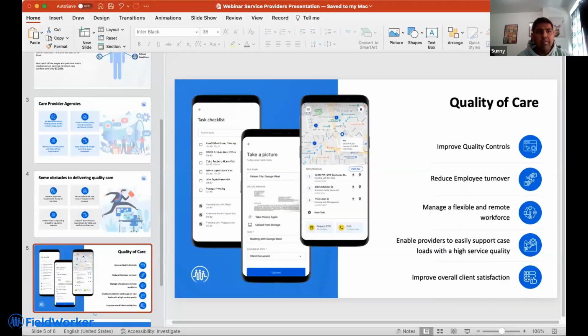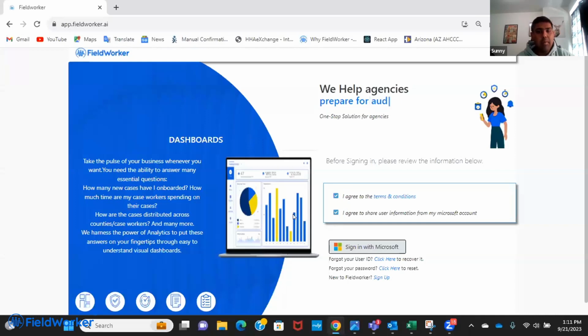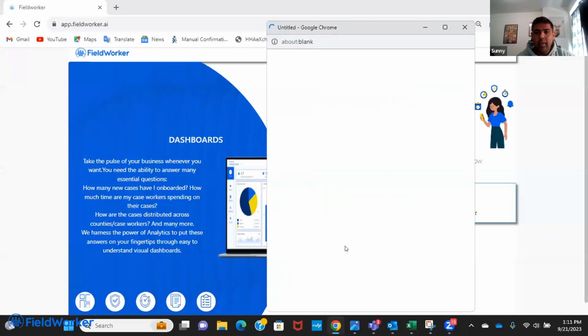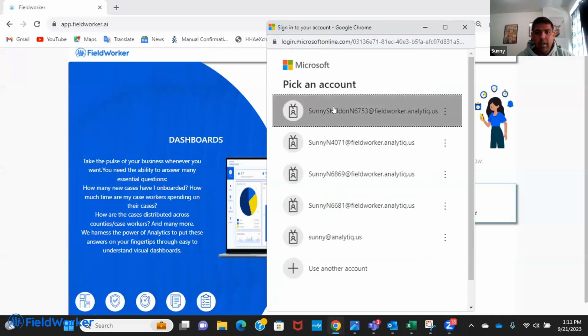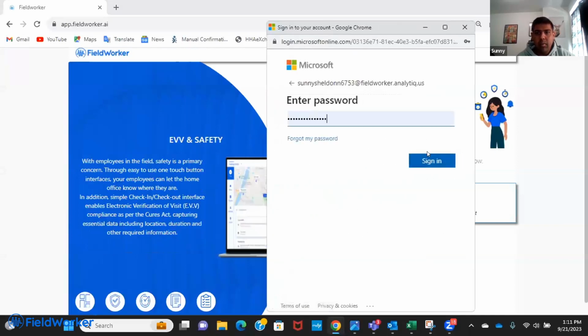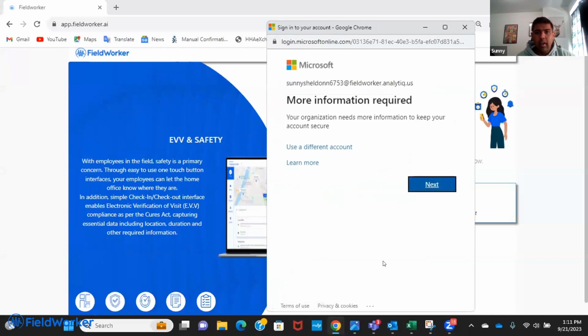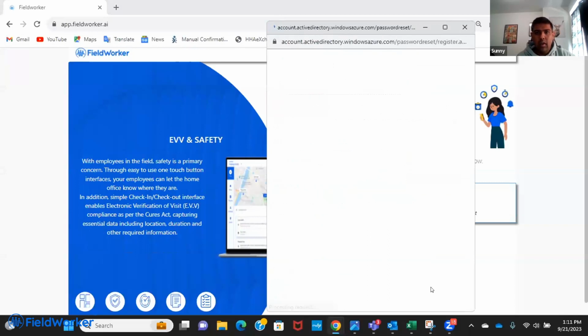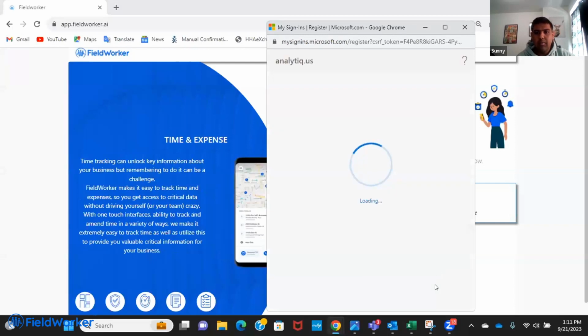So this is the FieldWorker sign-in page. We use Microsoft as our login in order to be HIPAA compliant. So the product is completely HIPAA compliant, and all our employees also go through HIPAA training every year. We have a single sign-on, and a user ID and password will be emailed to your employees. They would then use that user ID and password to enter into the system. We also use the authenticator in order to maintain security levels, and it can be set up by your employees. I would be skipping the setup for this example.